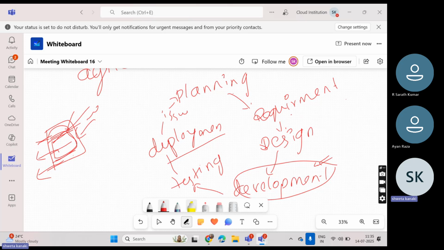So this is how the agile methodology works. Each and every MNC company is using the agile methodology because it is easy to work. We are dividing the task to each and every particular team, and we can complete it very soon. So that is the reason we go for the agile methodology. I hope this is clear. Sharath, any doubts? Yes, ma'am. No, no. Okay.